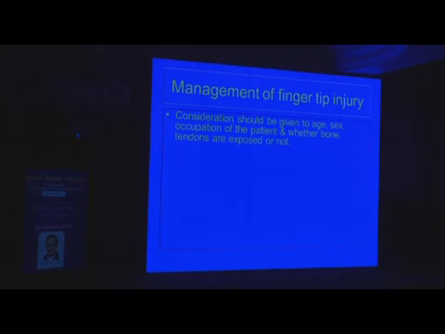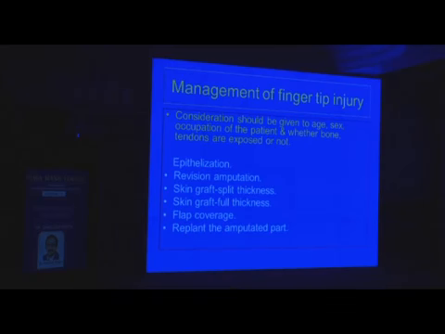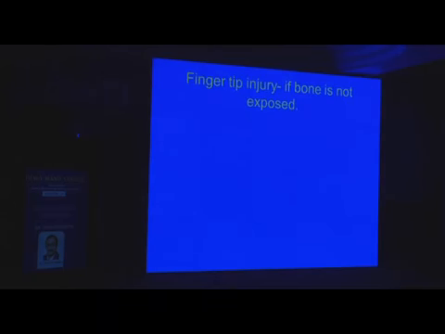We have covered the nail bed injury. Now I am coming to the overlapping part with Dr. Pawan Agrawal, but I will run through it quickly. Consideration should be given, as he has said, to age, sex, occupation of the patient, and whether the bone and tendon are exposed or not. Then there are varieties of options available: just epithelialization, revision amputation, skin graft, maybe full thickness, maybe partial thickness, flap coverage, replant of the amputated part, graft reposition over the flap, and composite tissue grafting. If bone is not exposed,